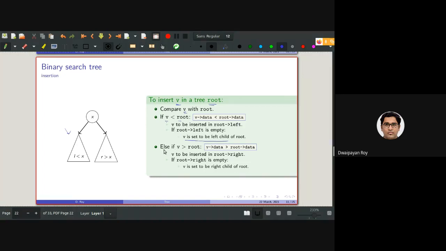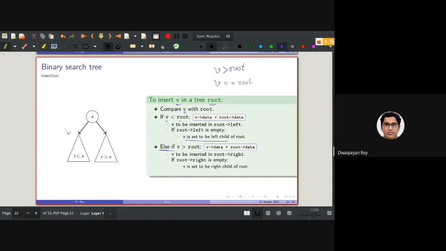And else means, what does this else mean? Else means V can be either greater than root or V can be equal to root.